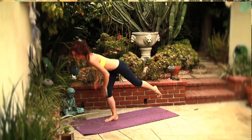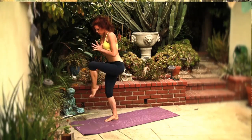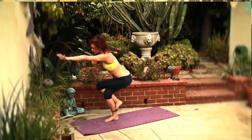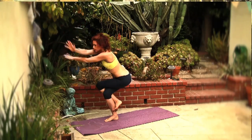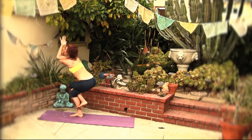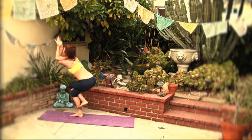Slowly begin to come out of this, still standing on your right foot. See if you can come up to standing. Bring the left leg forward and over the right knee, wrapping them around each other. Left arm under, right arm reaches up, and they're going to wrap around each other as well. Reach up, cow face,